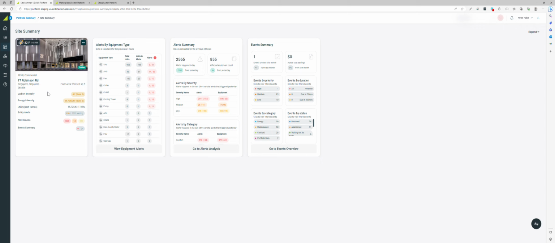Clicking through from the tiles on the portfolio summary, you can see you're presented with some summary tiles here. So within this, we're now expanding upon all of the pieces of equipment that have something going on with them. So we can see the total count of the equipment by equipment, and you can then drill in through the interactive menu here. So if I want to inspect my 14 alerts that I have triggering on the air handlers,